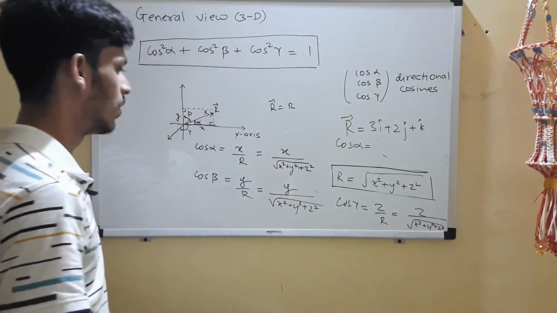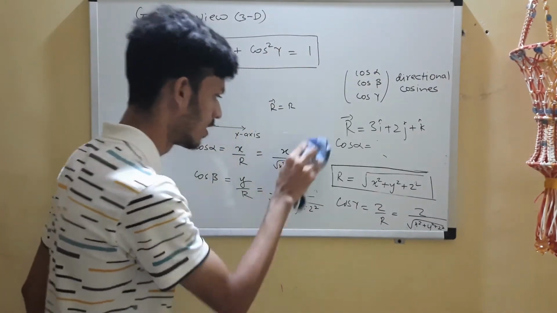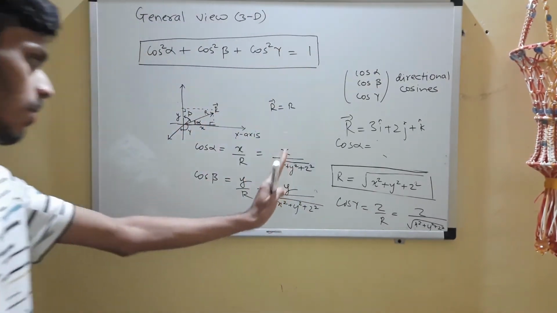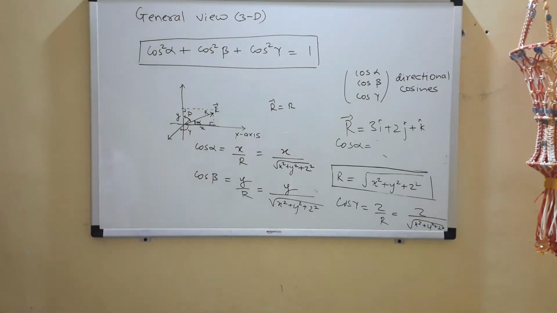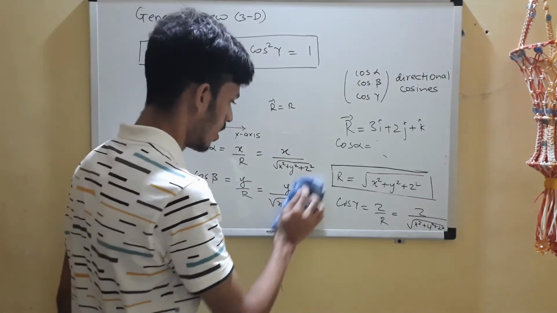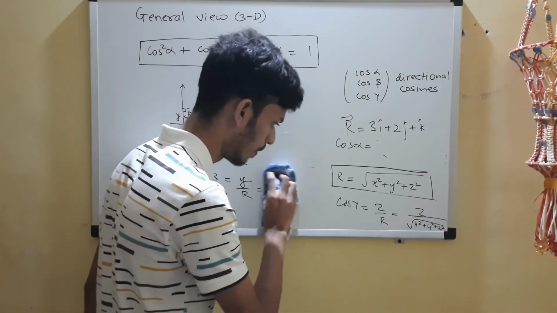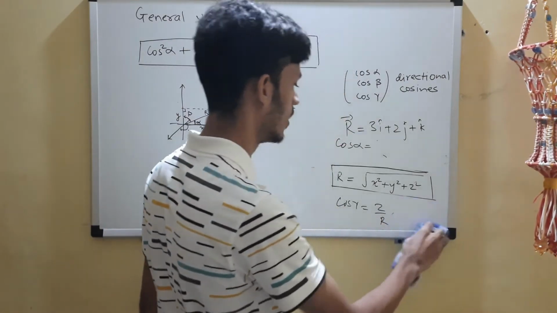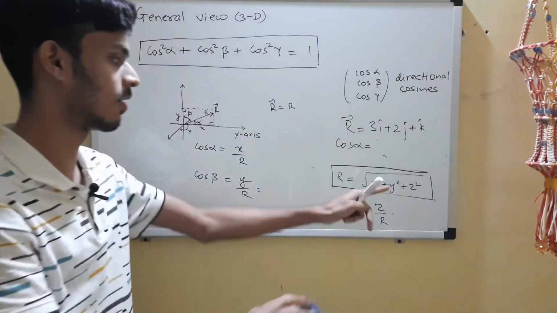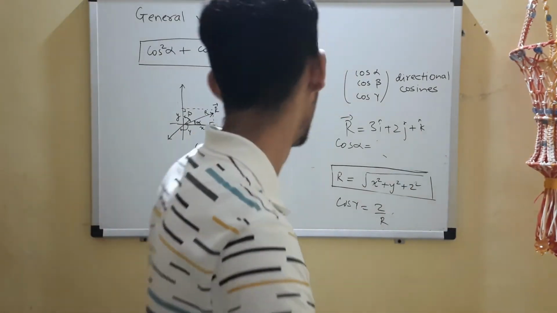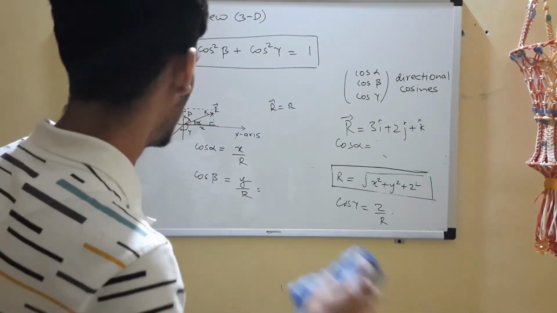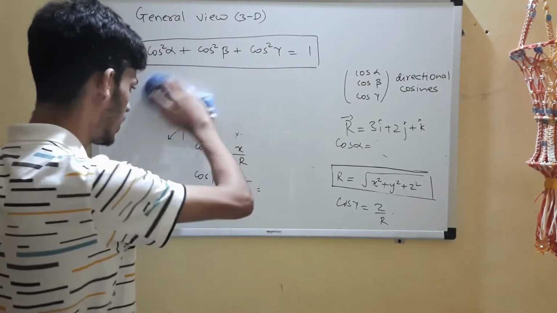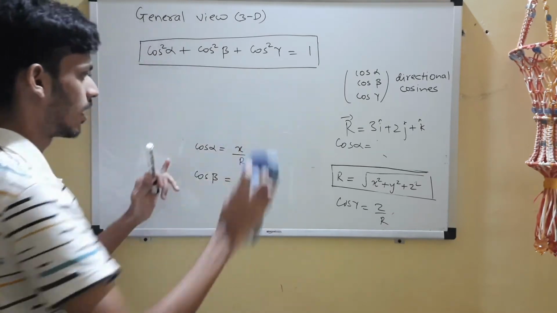Now we'll forget this. No, you note this down, in case you have a question on directional cosines. Now we'll erase this for some time, and we have to derive this, right? We started with the purpose of deriving this again. So let's do it now. Now that we have all of the values, we'll plug these values there.